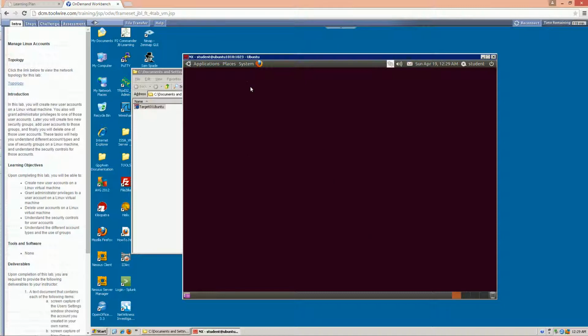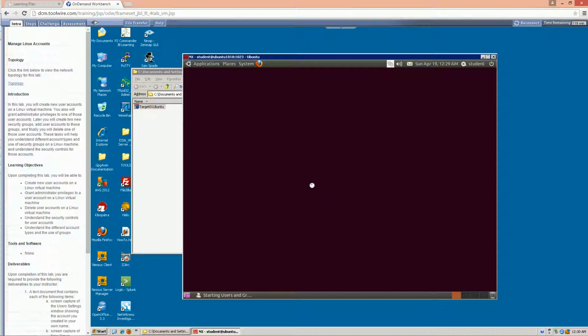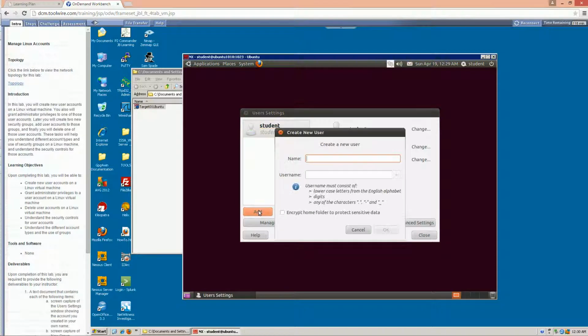We're going to be navigating to System, Administration, and we're actually going to be creating some users and groups. So navigate down to Users and Groups, click on that, give it a minute. What do we want to do? We actually want to add a few users, because right now we only have the one user, student. We actually want to make Mark Smith